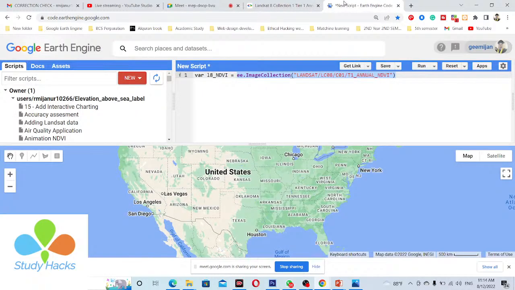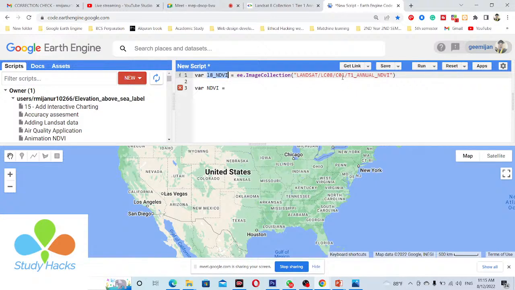So I simply take another variable. You can put any variable name. I put the variable name NDVI. Then I call my collection L8 NDVI, because this variable stores the full collection of NDVI for annual.